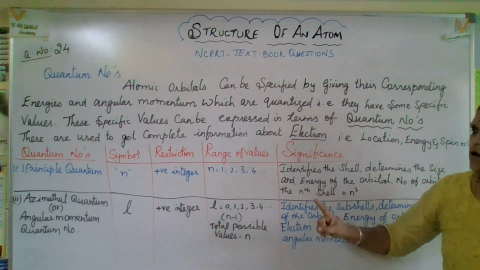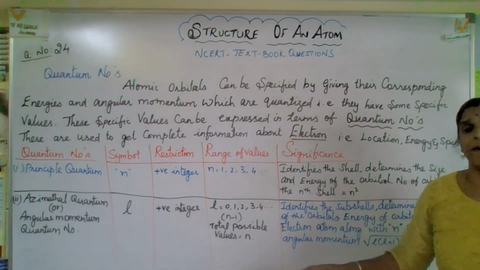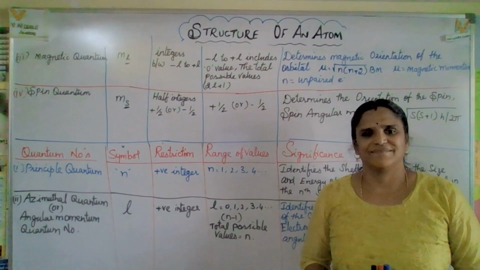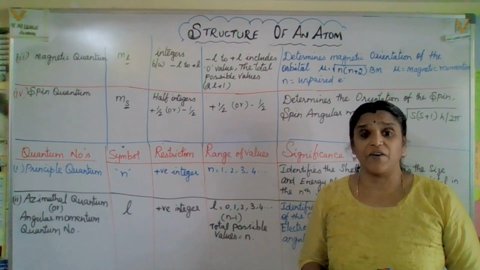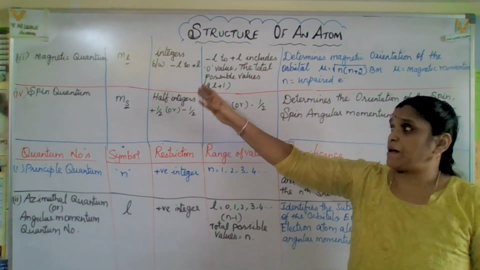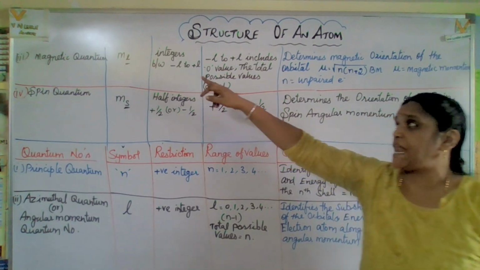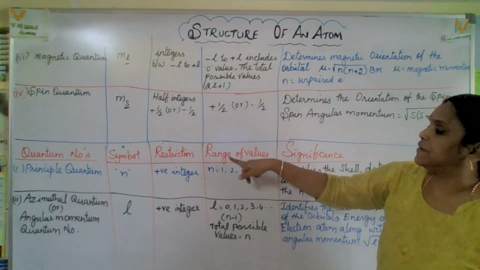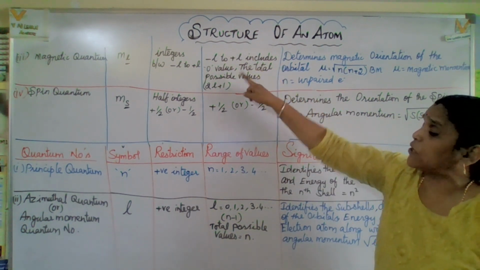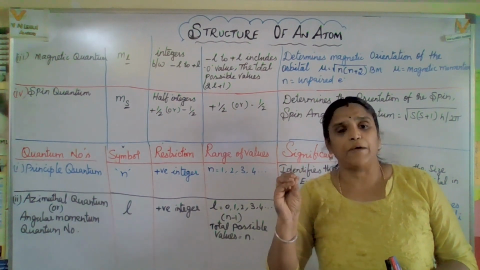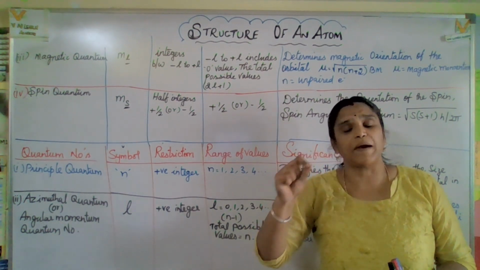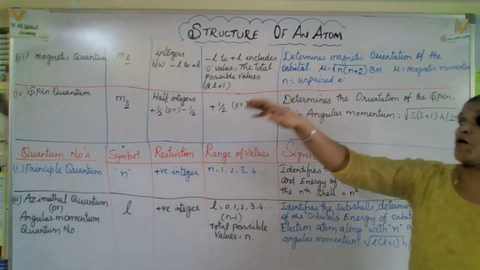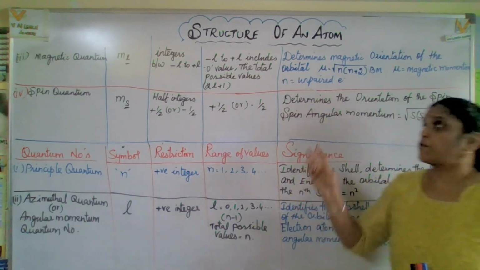Now let us go and identify the magnetic quantum number and the spin quantum number. The next one is the magnetic quantum number, m_l. It is an integer between minus L to plus L, and the range minus L to plus L includes the zero value. For example, for the p subshell you can include minus 1, 0, plus 1, and for d: minus 2, minus 1, 0, plus 1, plus 2. In that way we get the range of values that identify the magnetic quantum number.